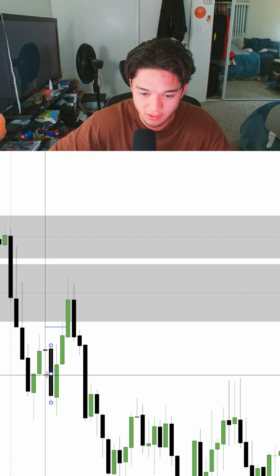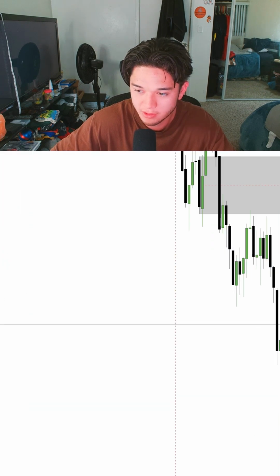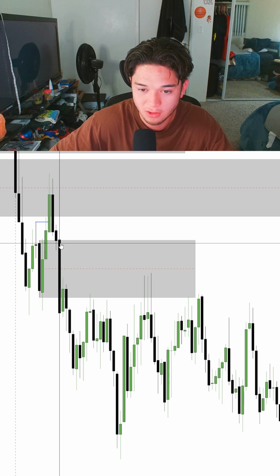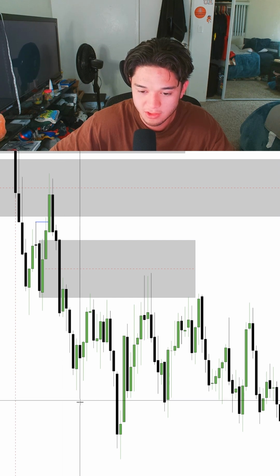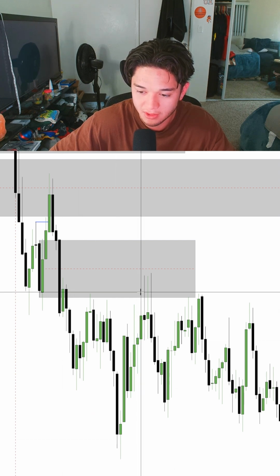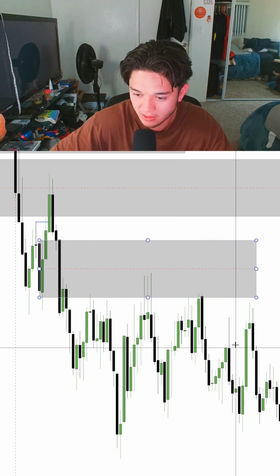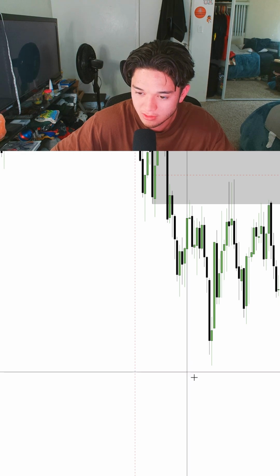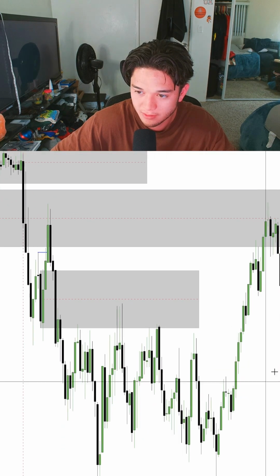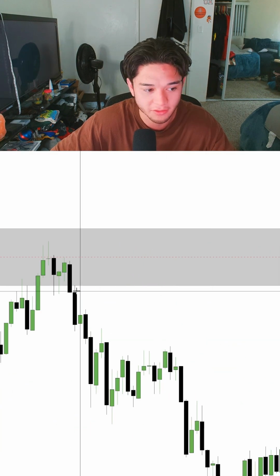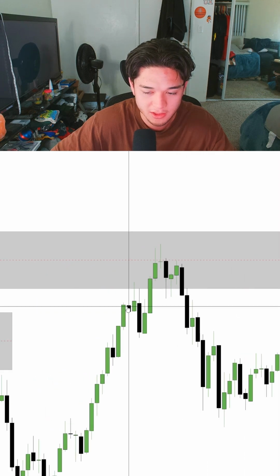Breaker block right here. Do we tap into it? Looks like we get closure through on this candle, tap in once, start to push down, tap in again, push down, tap, push off of it, and we go down. This is the lowest we go, but I mean, even looking here on this push to the breaker,